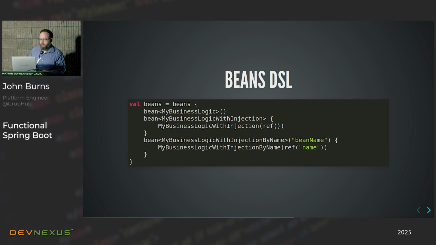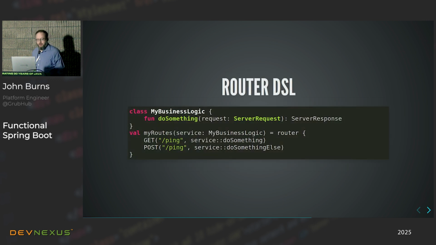Okay, the next DSL is the router DSL. So this is a replacement for declaring REST controllers and that kind of thing. So basically what you do is you declare a function as a value, and it's a Kotlin thing. So basically we say, I want to declare my routes. If you have a service layer with business logic that you need to invoke from your controllers, right? You can pass that in as a parameter to the method,